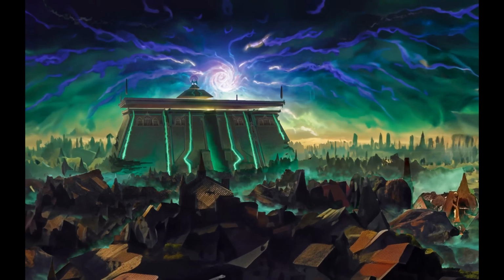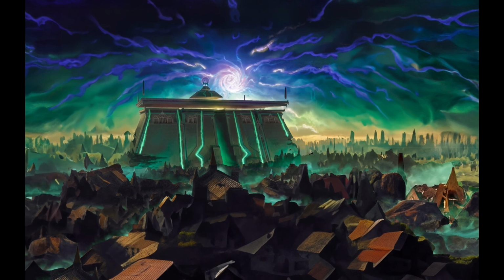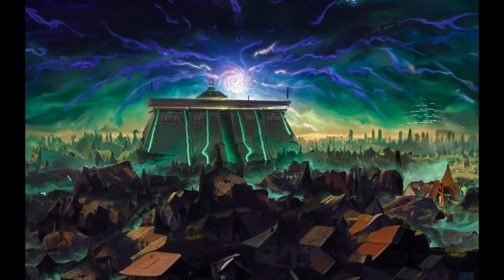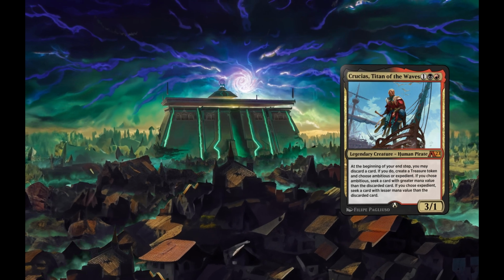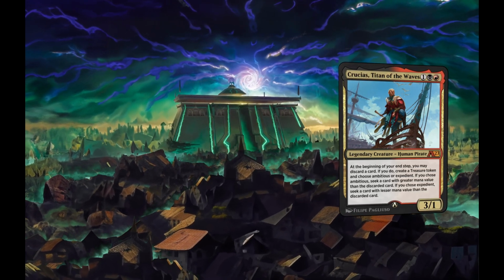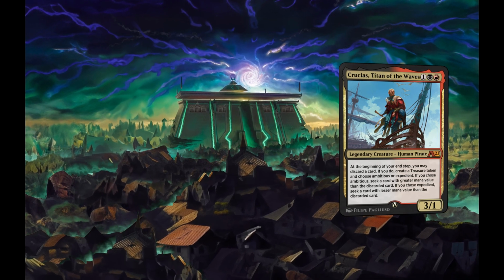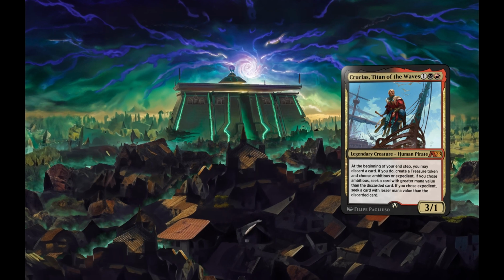Hello, I'm Mike, and today I'm showcasing a Brawl deck with Crucias, Titan of the Waves, and Bolas's Citadel. Crucias is a legendary creature, human pirate, for 1 black and red. He's a 3/1 with, at the beginning of your end step, you may discard a card. If you do, create a treasure token and choose to seek a card with greater or lesser mana value than